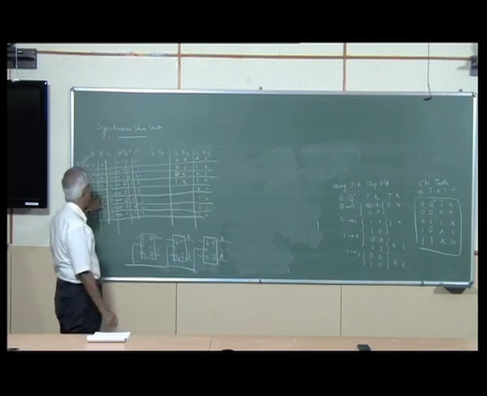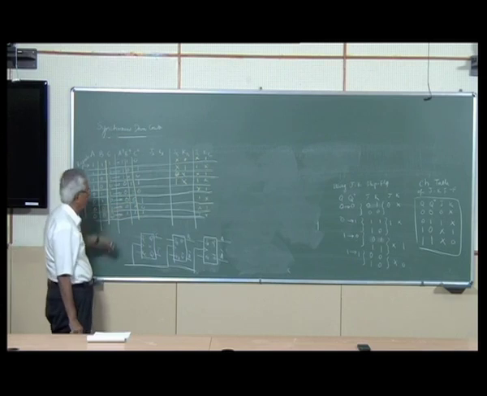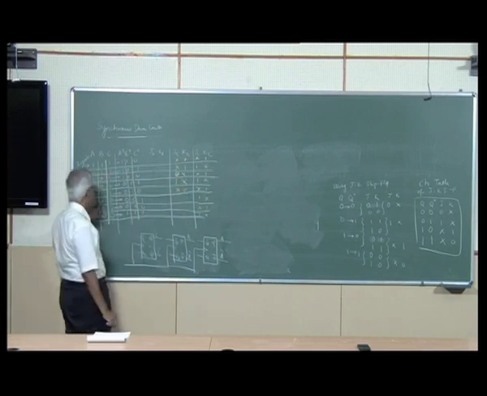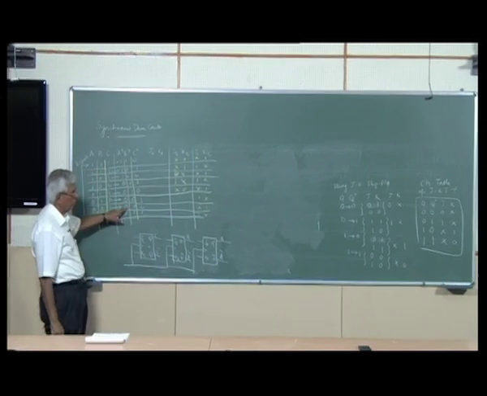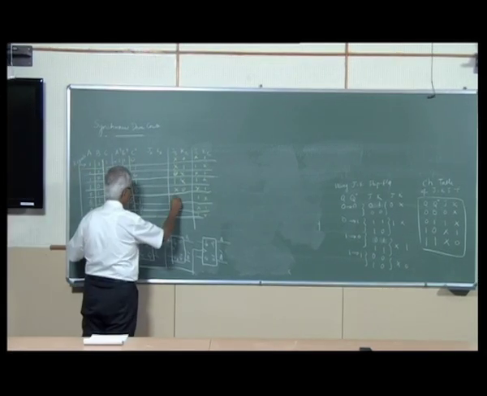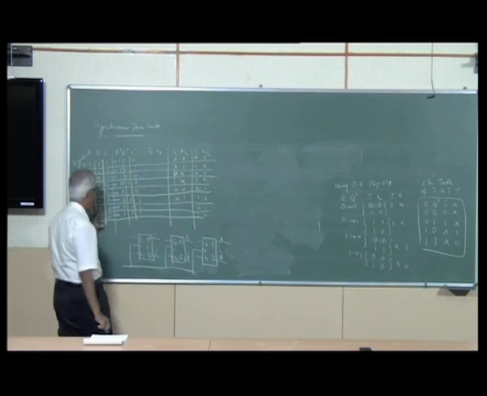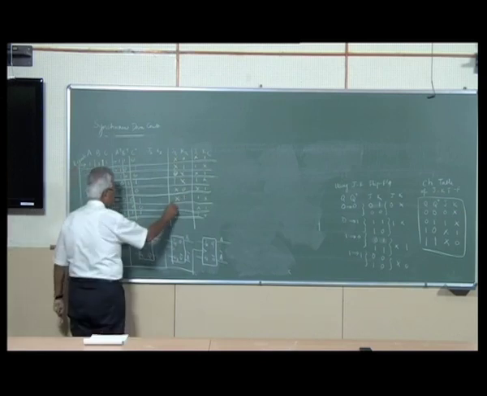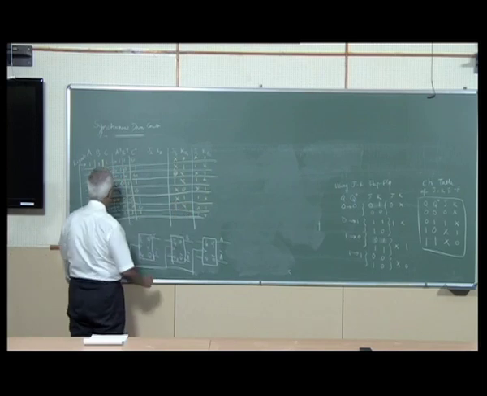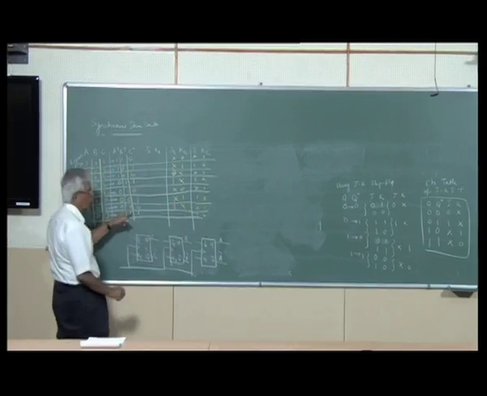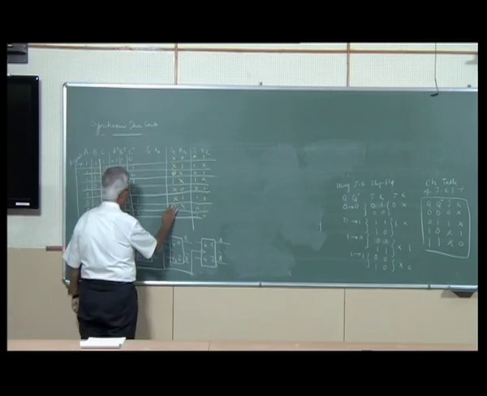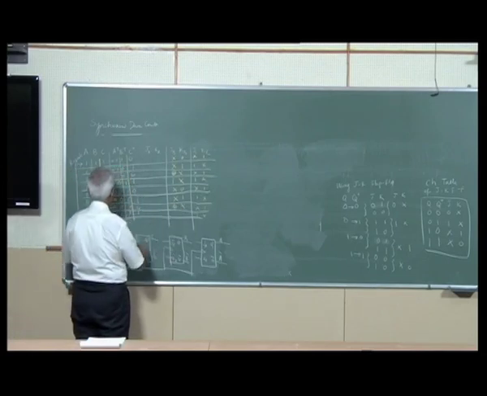This is 1 1, 1 1 is don't care 0, 1 0, don't care 1, 0 1, 1 don't care, 0 1, 0 0, I am sorry, 0 0 is 0 don't care, 0 1 is,